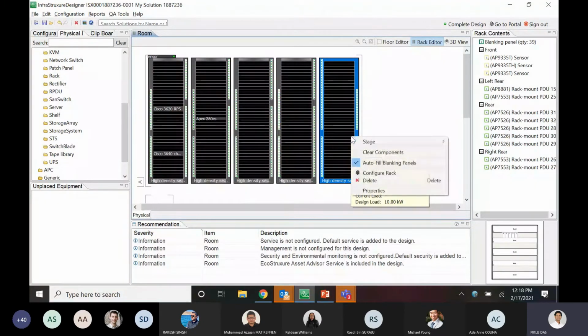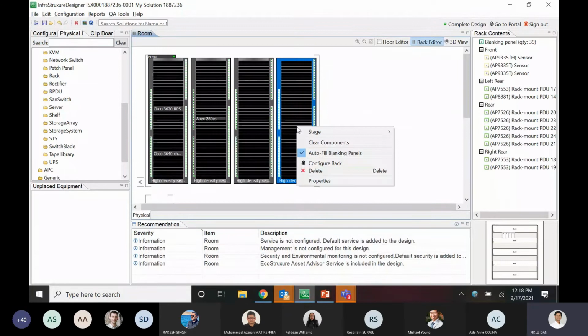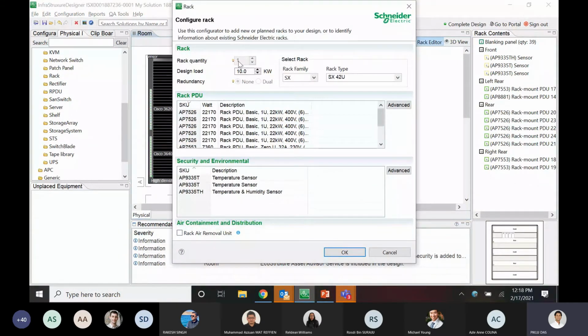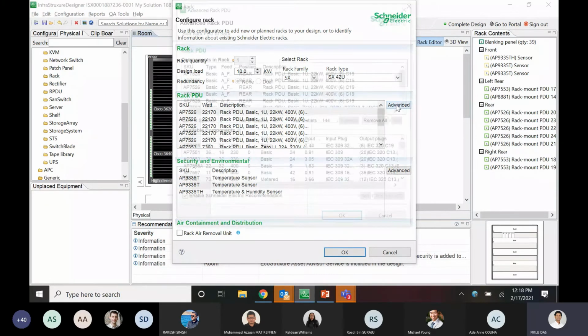You can also remove the rack if you don't want it, right? You can also go and reconfigure that rack. If you reconfigure the rack, you will come back here only for that particular rack system. Right now we are not seeing this 5 quantity, but you will be able to reconfigure only for that rack system. So let's say